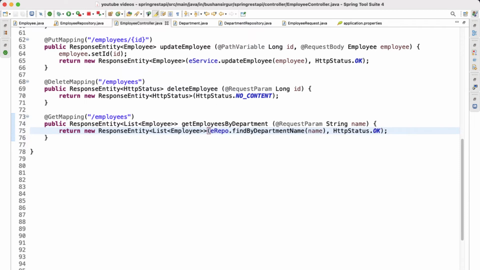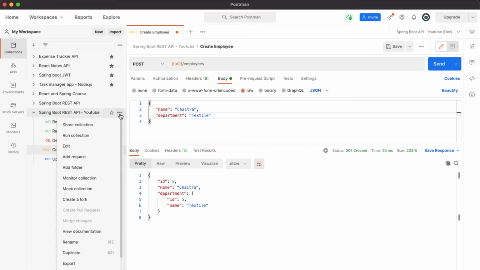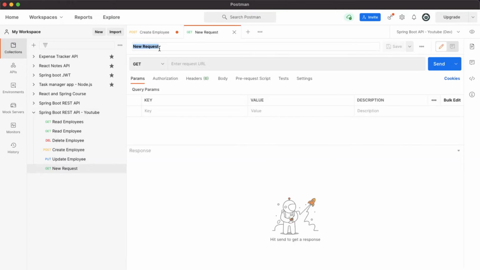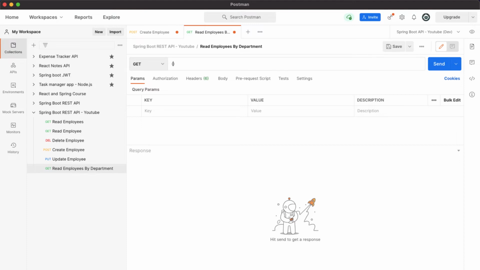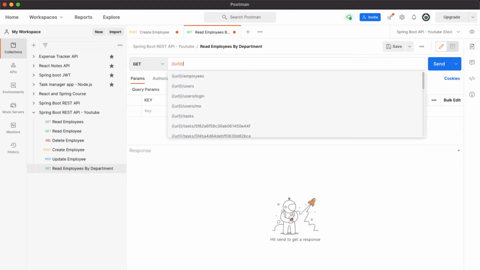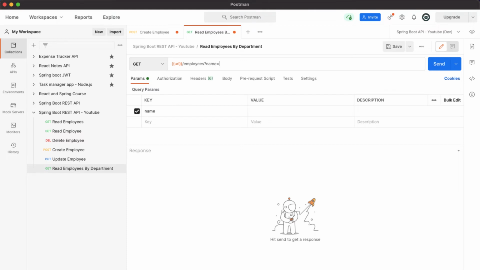Let's save this and go to Postman. Our application is restarted. I will quickly create a new request, Read Employees By Department. This will be a GET request. We will make use of the environment variable URL, slash employees, question mark name equals IT.